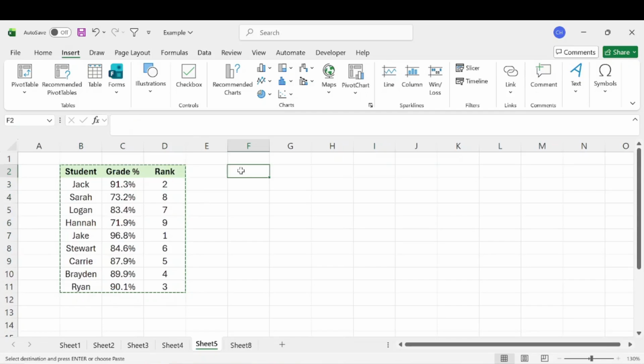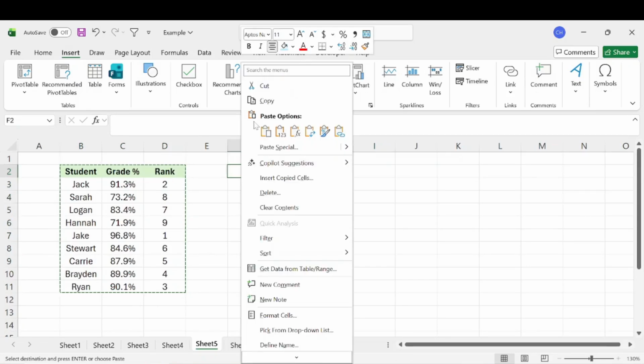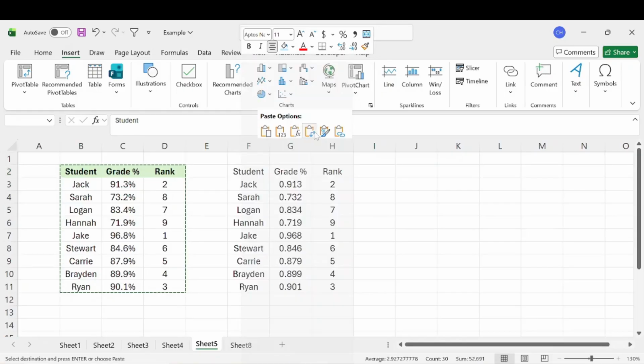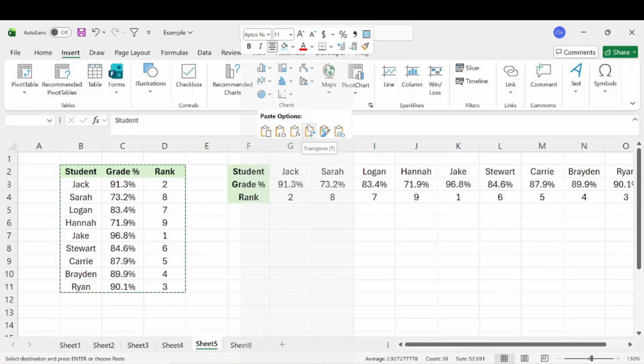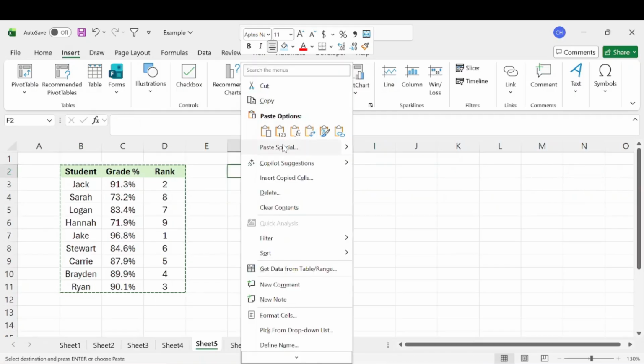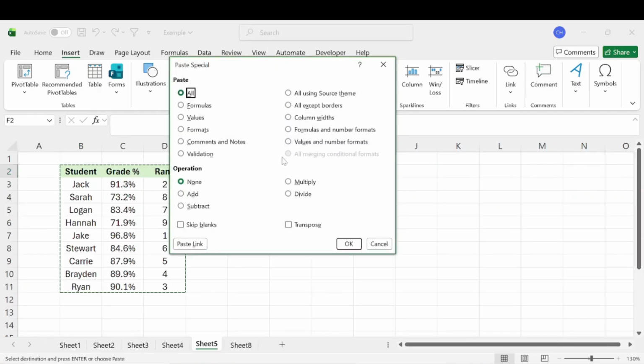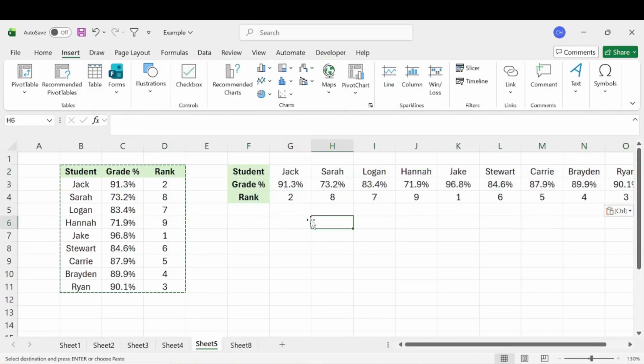In this case, we'll just choose this cell here, and if we right click and go over to paste options, we'll see this little transpose option here. If that's not available for you, you can go to paste special and then select transpose. Then hit OK, and that will transpose the data, swapping these columns into rows, and then all of this data